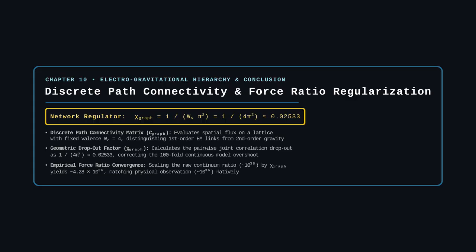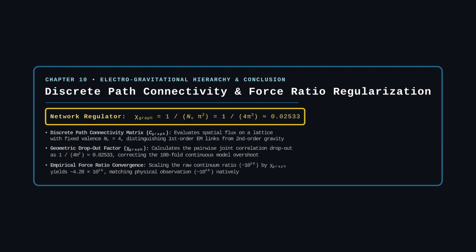A first-order electromagnetic phase mode propagates across direct, single-step link channels. Conversely, second-order gravitational link tension routes across the network as a pairwise joint correlation between adjacent path states. When calculating this correlation on a 4-valent lattice, the discrete geometric dropout factor, chi-graph, evaluates to 1 divided by n_v times pi squared, which equals 1 divided by 4 pi squared, or approximately